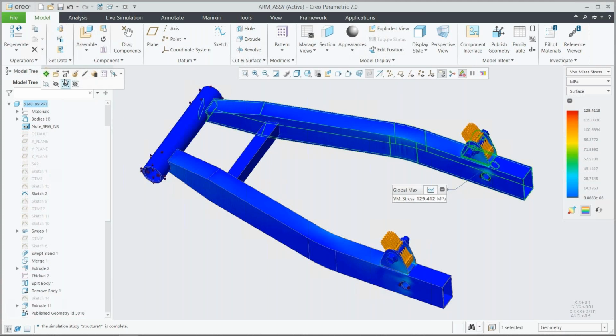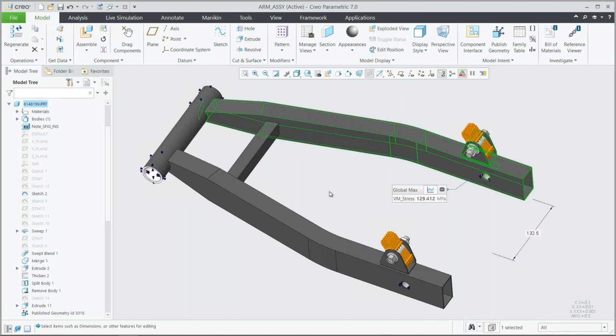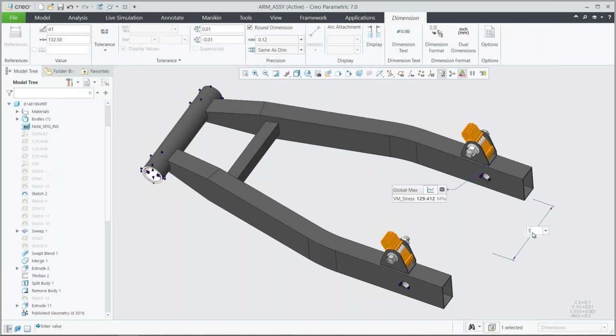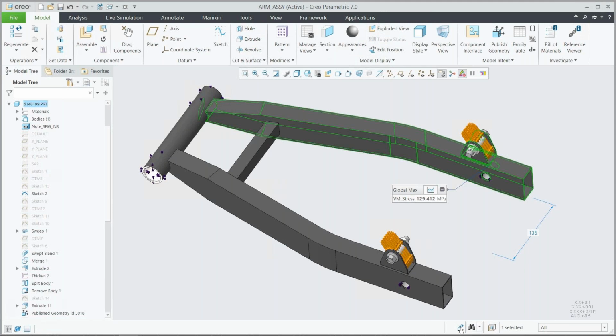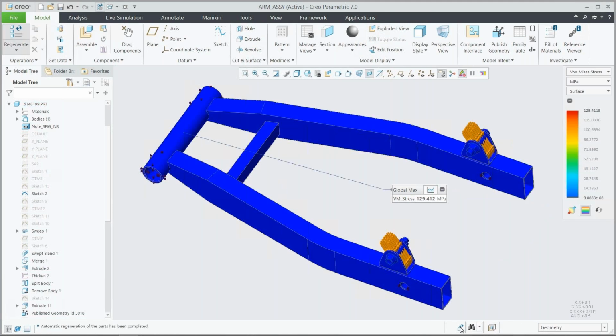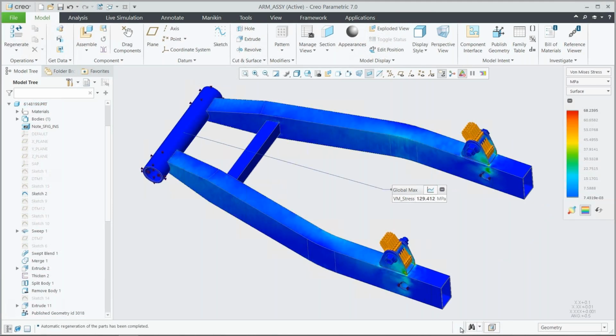Next, we're going to make a little bit more of a drastic change here, and we're going to take the whole assembly and make it a little bit wider and see what that does. Again, same as before, as soon as we make the change, go ahead and update it. And that helps us decide what changes to make to improve the model even more. So we're not just making a change and hoping we're moving in the right direction. We're taking this feedback and we're using it as a guide to make the decisions and then know the impact